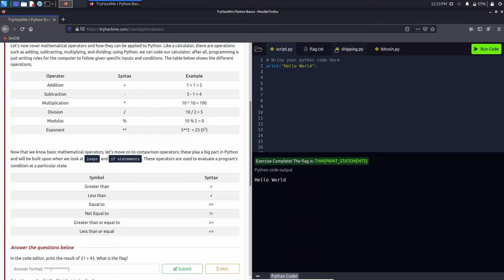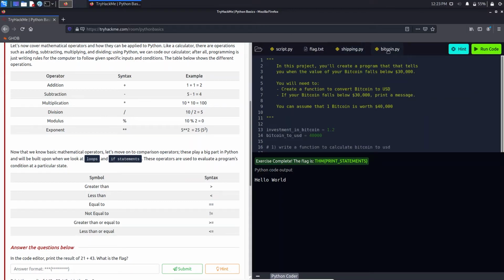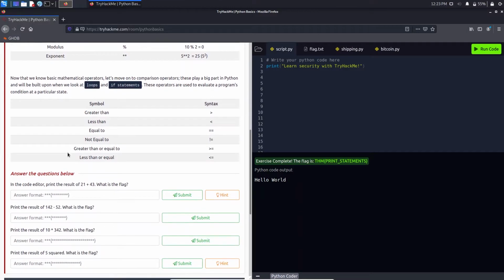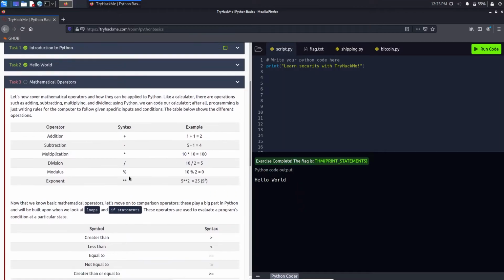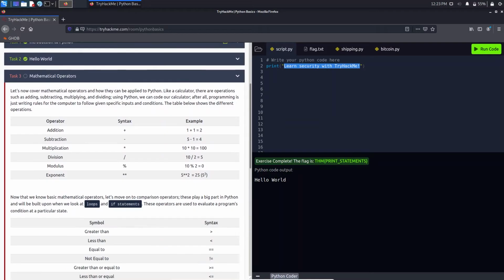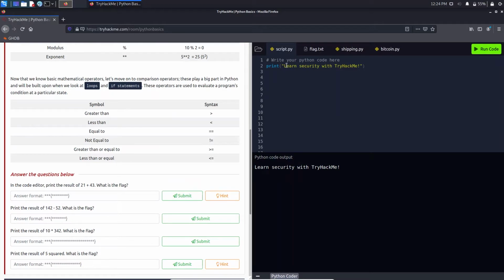So what's here? Flag.txt, shipping.py, bitcoin.py, for this leave it. Now it's saying in the code editor, print the result of 21 plus 43. What is the flag? As we saw, for addition we use the plus operator.